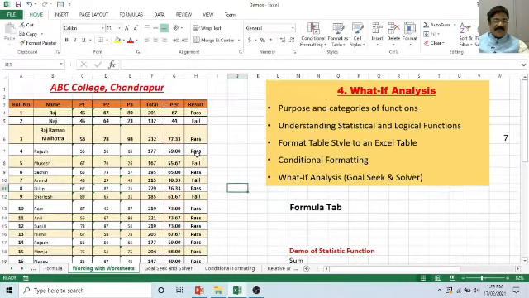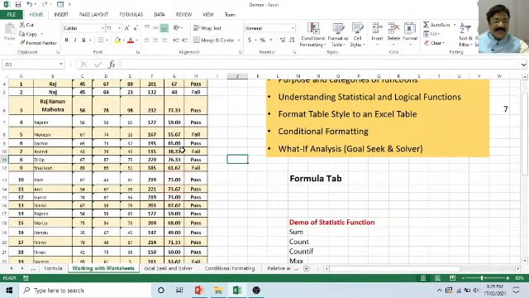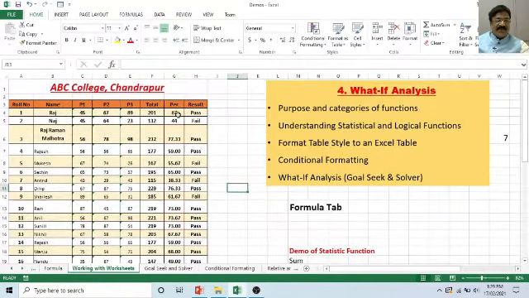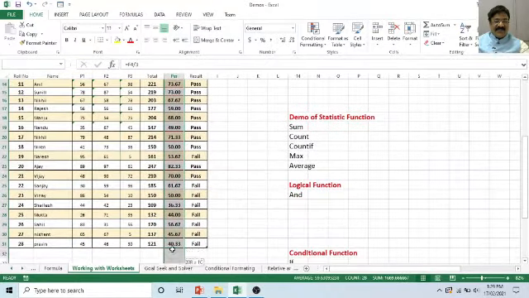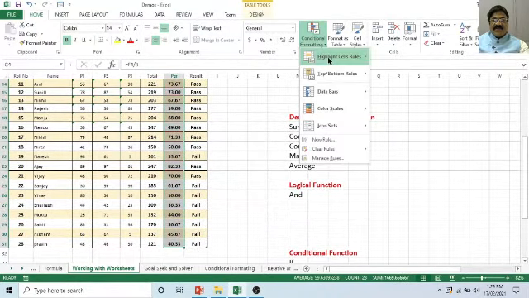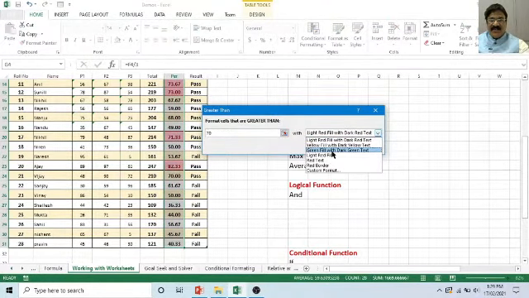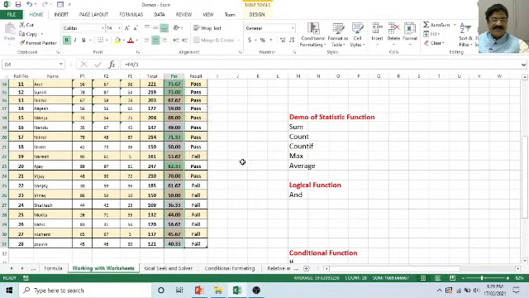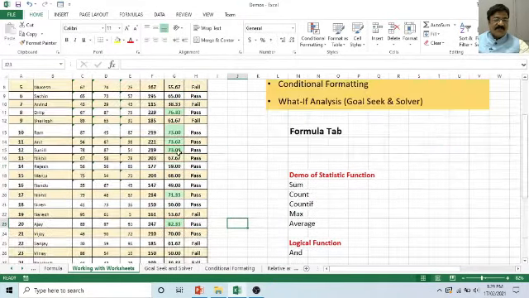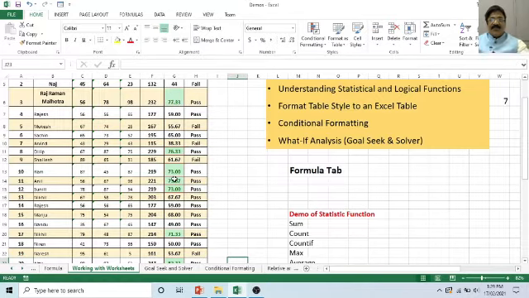So observe, this is a red border. It is a red border. Instead of that, you can also select different colors. So once again we will see conditional formatting, highlight greater than 70 with a color, say green fill with dark green text. So observe. This is how you will be able to format the condition based on certain values.